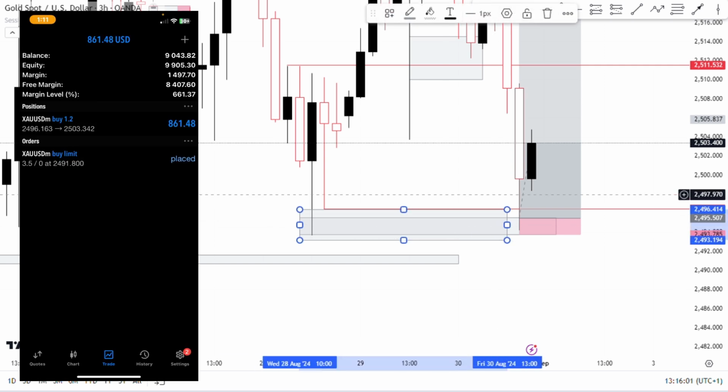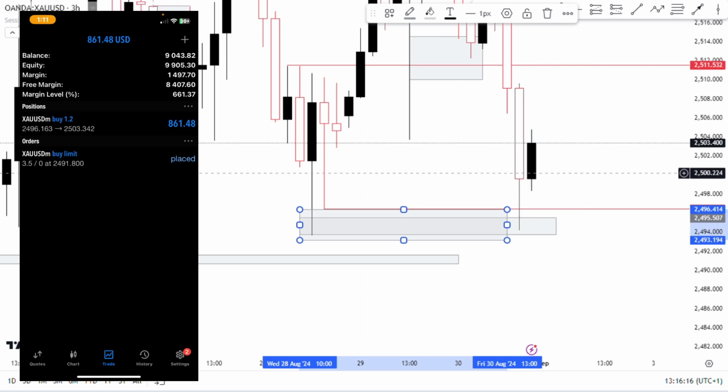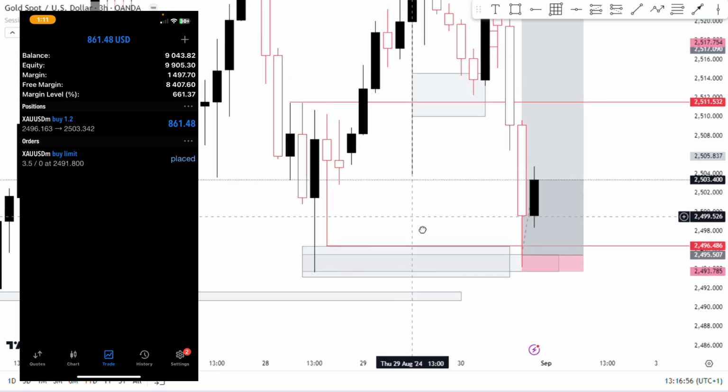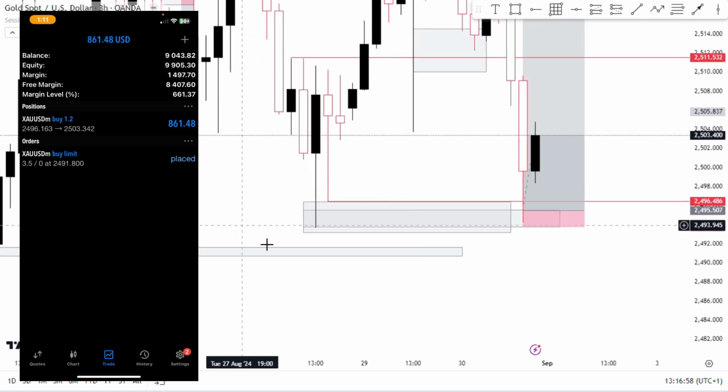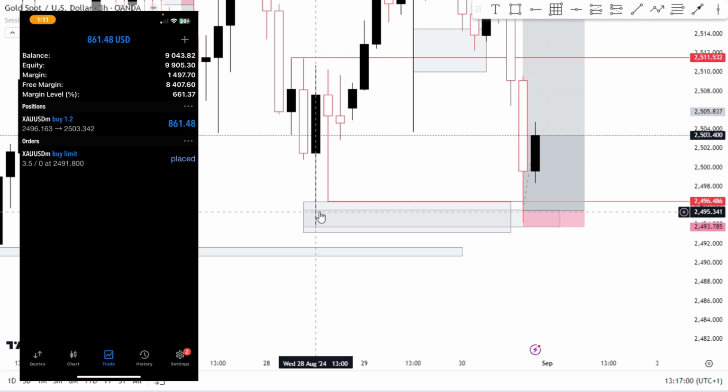And if you check on my screen right now, this is the trade. You can see I'm on a profit of $861, almost close to 10% of my account balance, and that is very cool. And if you check my screen right now, you're going to see the trade I entered from